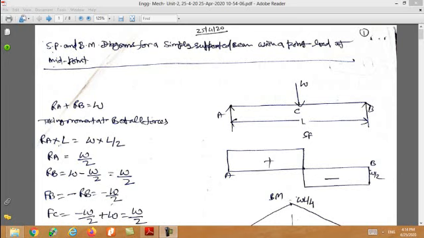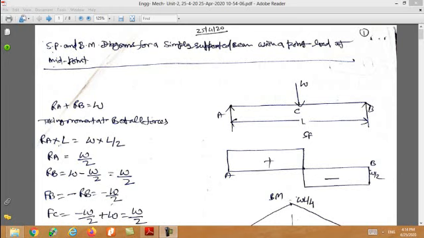Before drawing shear force and bending moment diagrams, there are some rules. The positive values of the shear force and bending moment are plotted above the baseline and negative values below it. If there is a vertical load at a section, the shear force diagram will increase or decrease suddenly. If there is no loading at a section, there will be no change in shear force, so the shear force diagram will be horizontal. The bending moment diagram will be inclined.